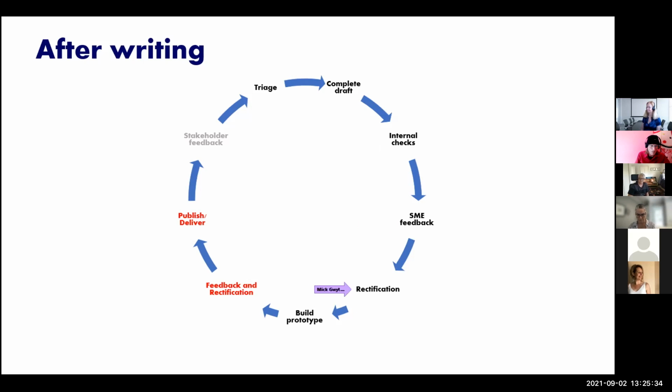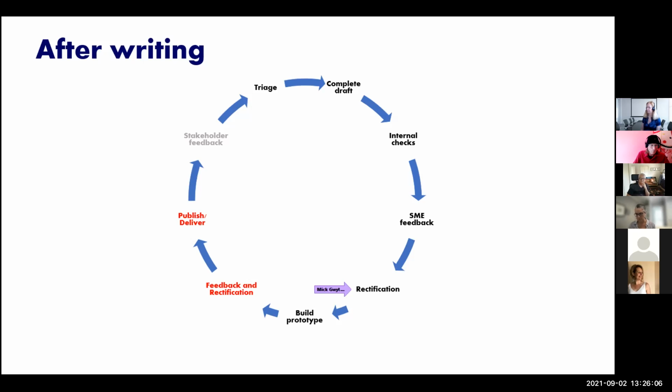And we'll talk a little bit more about rectifications and what you ask for a little bit later on, except to say that one of the key things that people slip up on rectification is that the feedback that they get is really vague. So we generally say to people, SMEs particularly, if you don't agree with what I've written or I've missed something, provide the draft, the exact words that you want me to put in. That way you've dealt with the SME and you've finished with them. You don't have to go back and forward to them.